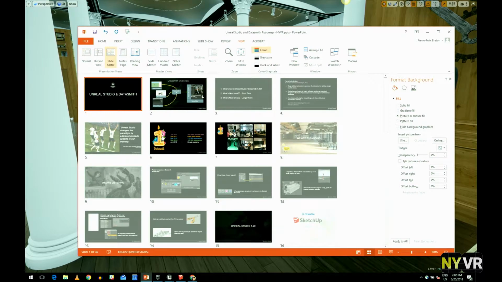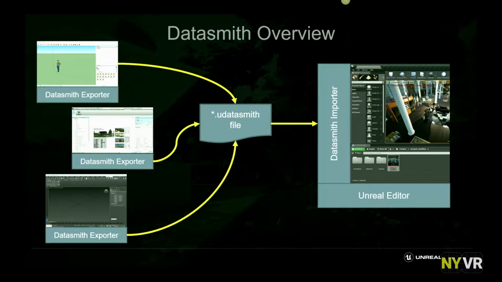So I'm going to go here. We have started to create a bunch of plugins that sit on top of the Unreal Editor as well as on top of several applications. So for example, we have started with the 3ds Max plugin that exports the entire content to Unreal and conforms it to basically the needs of Unreal. So for example,